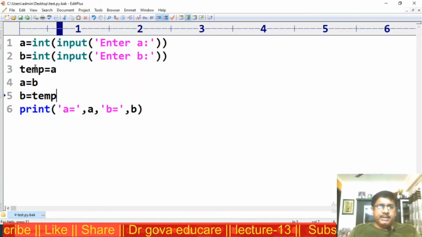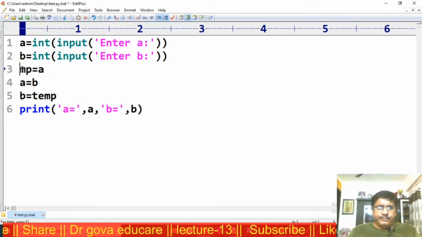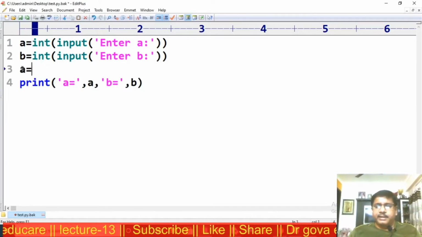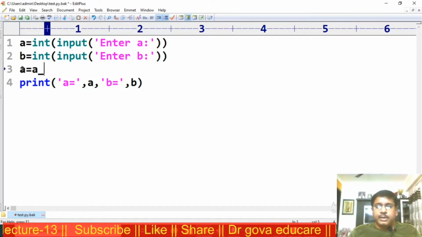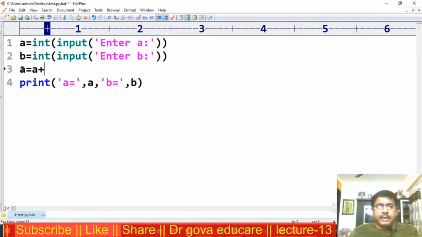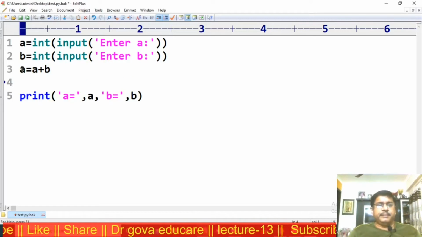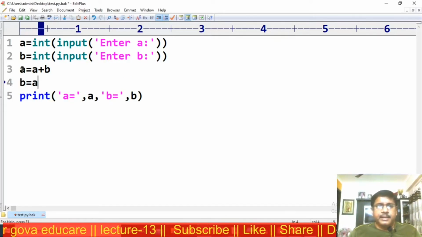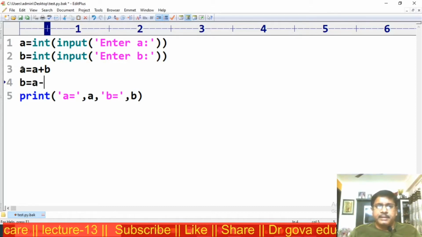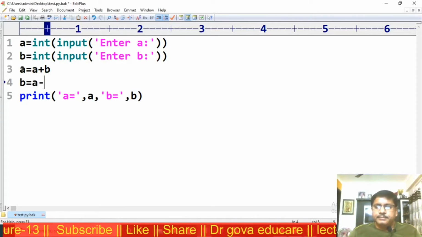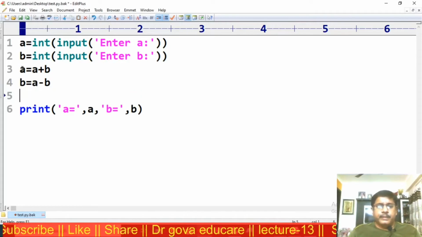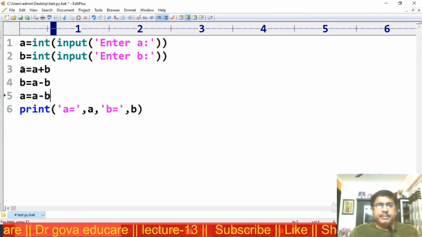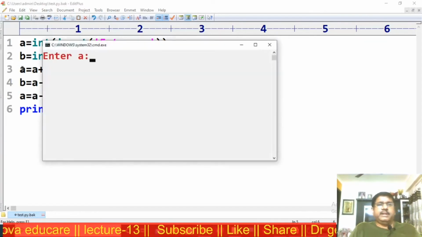Now the third method, I am calculating A is equal to A plus B. Now B is equal to A minus B. Now A is equal to A minus B. Now I am executing this.